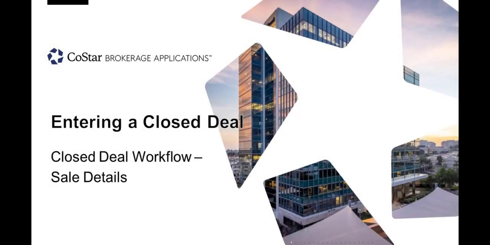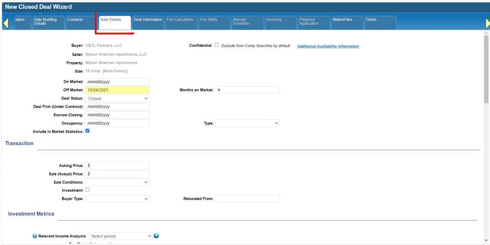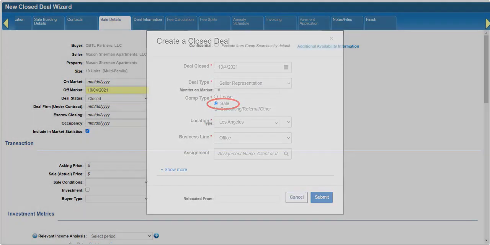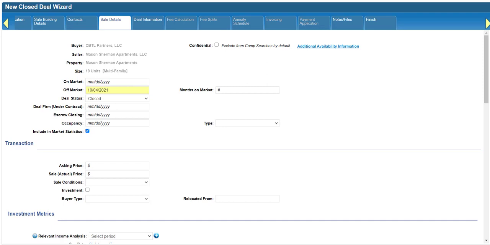Welcome to the part of our tutorial series on how to enter a closed deal that will go over entering the terms of a sale transaction on the Sale Details form. The Sale Details tab will only be visible in the closed deal workflow if this deal has a comp type of sale. There is a separate form for lease details that only shows up for deals with the lease comp